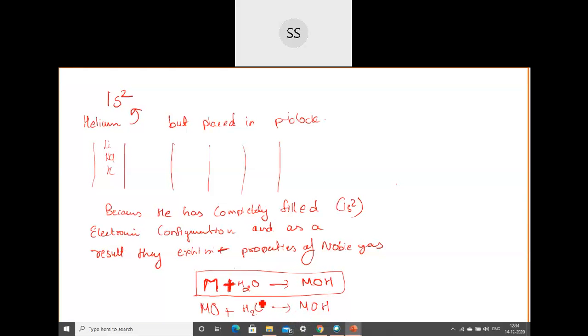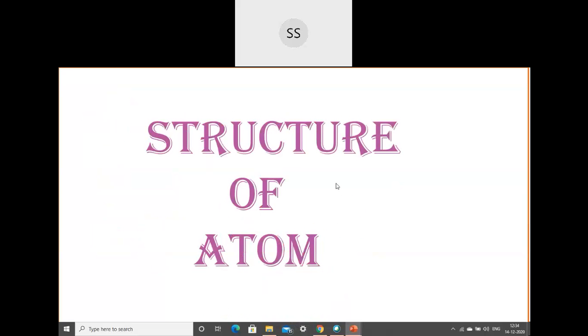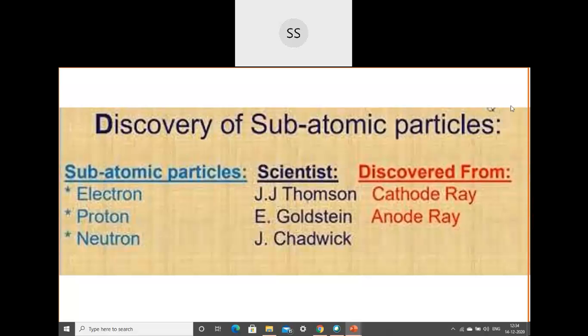Yes, we'll go for the next one, I think, students. In the structure of atom, I have told you that you don't have to study the initial things. Before that, I didn't have a blueprint. So I have given you the explanation for everything, how the discovery of electron was done, how the discovery of proton was done. And then we had all the details, no? How the cathode rays, anode rays, and everything was produced. So all that is not required. From your exam point of view, what you can study is only so much.